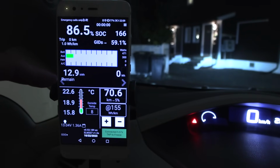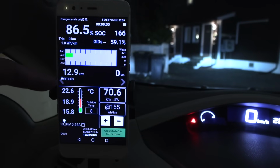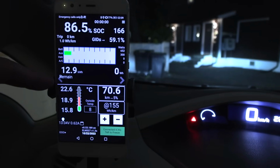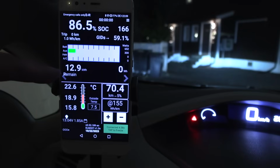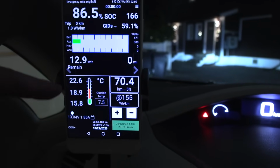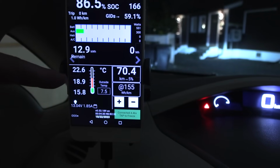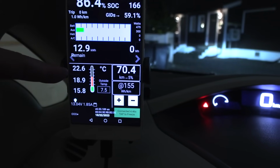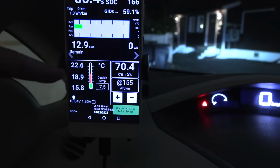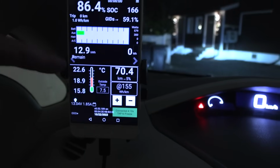It's not the best condition, this battery. I've seen similar Leafs with around, what was it, 15 or 16 kilowatt hour. Man, I wish I would have 16 kilowatt hour. But see here, on purpose I preheated the battery inside the garage. When I prepared the car this morning, it was at only 3 degrees Celsius in the battery. On purpose I heated it up so that we don't get cold-gated,